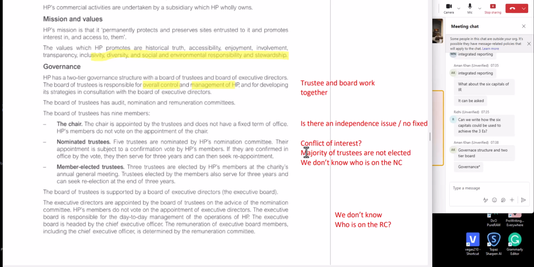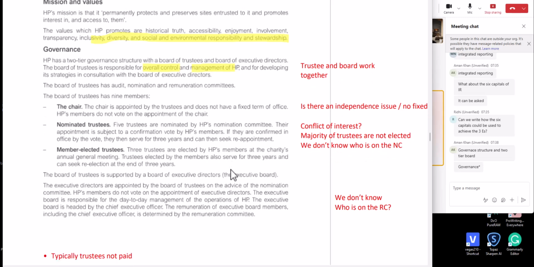But here the nomination committee is trustees, and the trustees choose the trustees. There's a lack of independence in the trustee nomination, which in a normal nomination committee in a commercial organization would be independent non-executive directors. Same for the remuneration committee. The trustees aren't paid, so they're not doing it for themselves, but there may be some other external benefit they might be seeking. So there's something a little bit weird about the way it's set up. I don't know whether that's going to be significant. Maybe it's just me highlighting the weirdness of it.